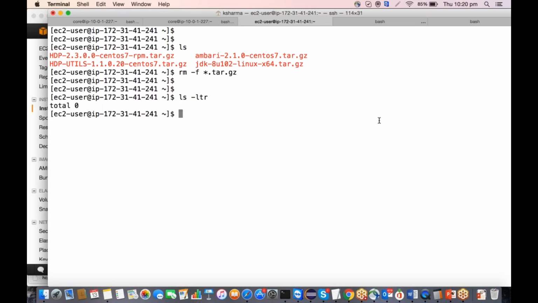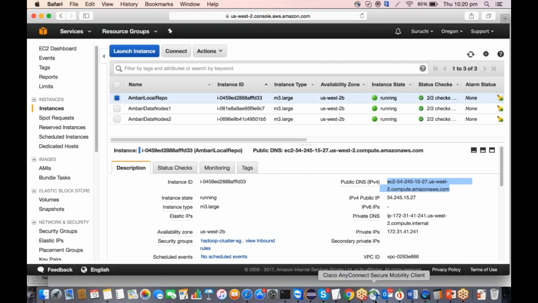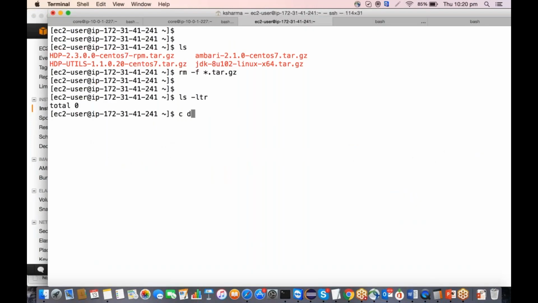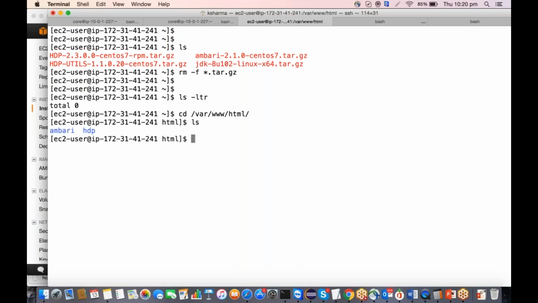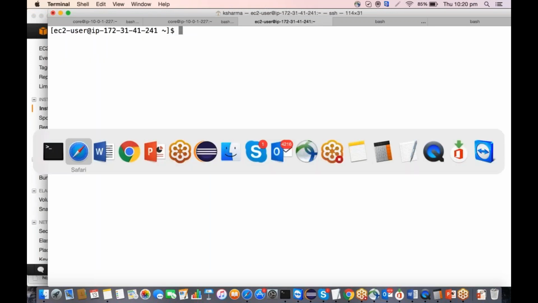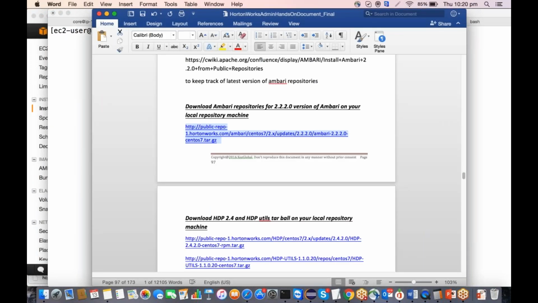So now let me... I'm on the repository machine. If you want to verify whether I'm on the same machine or not, I can go to my /var/www/html, and I can see my Ambari HDP directory there. That confirms that I am on the right machine. Now I'll quickly download this